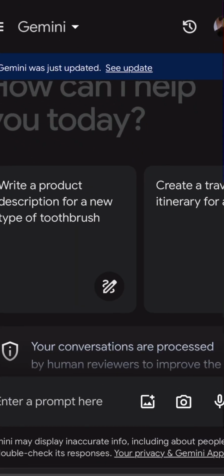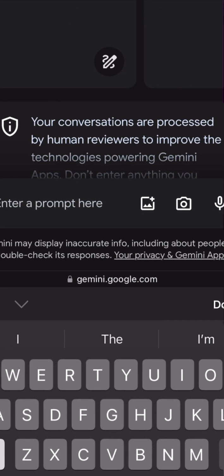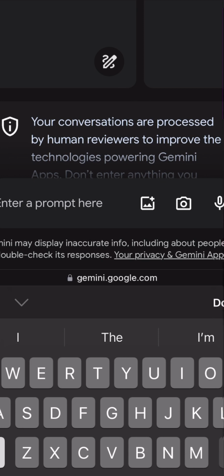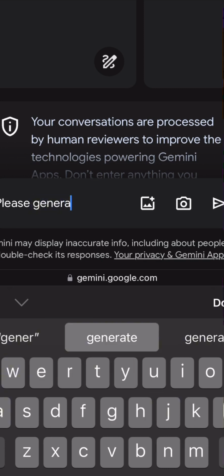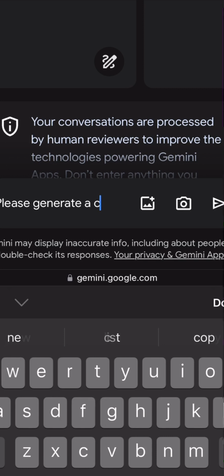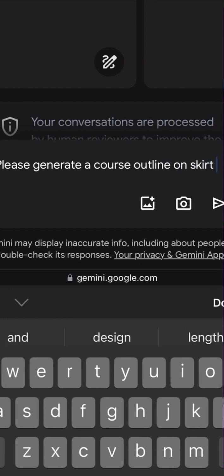So this is Google Gemini. The first thing I told you all was how to create a course outline. Let's say I'm trying to teach my students how to make skirts. And we all know that there are variations of skirts. There are so many things, right? So you can type, please, or anything, anyhow you want to put it. Generate a course outline on skirts. Then you can be well detailed to streamline what you want on skirts,